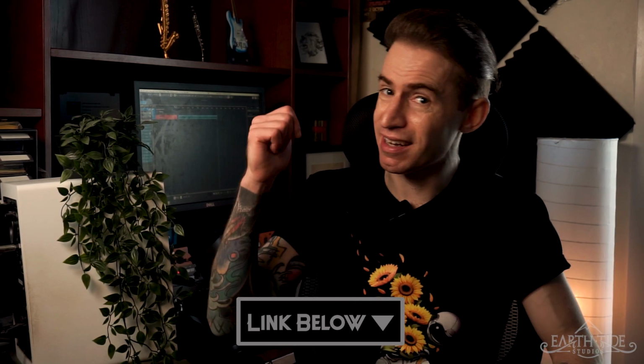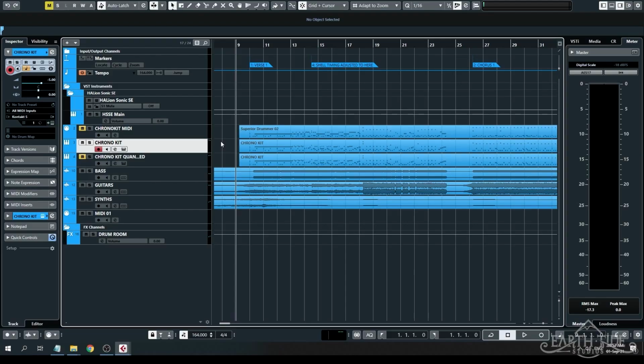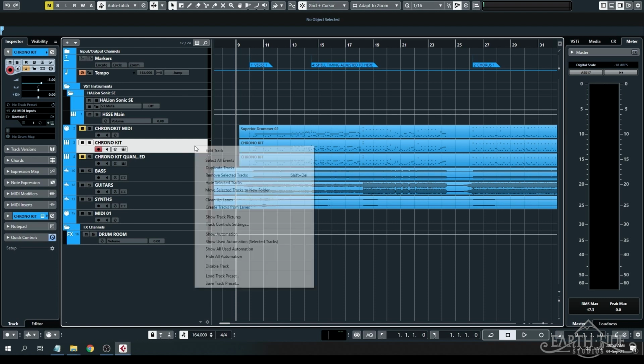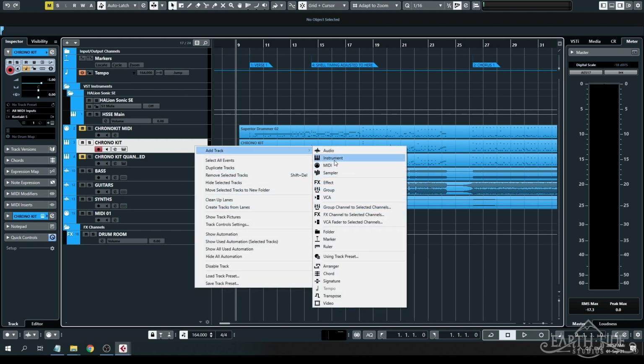But for now, let's get into Cubase and start making some drums. Now, programming drums is quite a complex thing, and I certainly won't be able to cover every single aspect of it in this one video. We're just going to have a look at the basics of programming drums and how you can get yourself set up to do that. So the first thing I'm going to do is create an instrument,